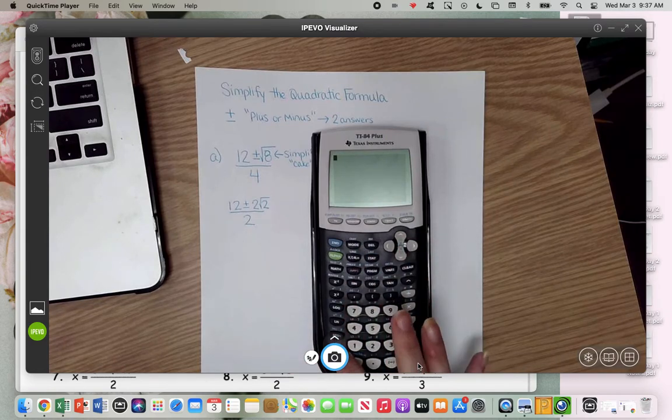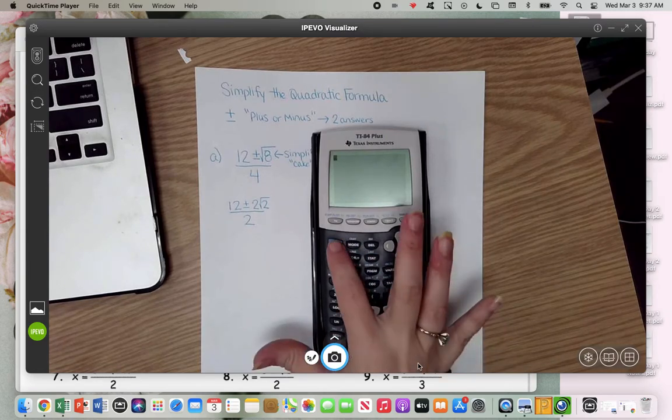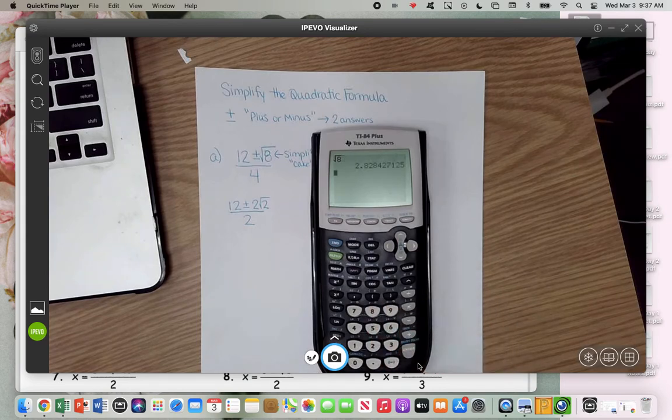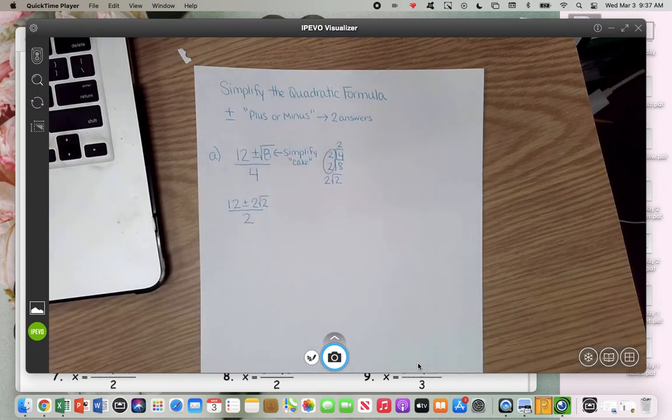But I just want you to know that if you take the square root of 8, it's going to give you a decimal, 2.8284, and it continues. Now if you do 2 square root of 2, it gives you the exact same answer. They are equivalent, but the reason why we simplify those square roots is because once you have a coefficient pulled out,